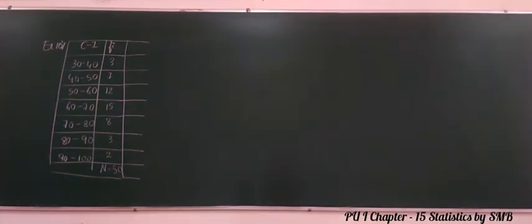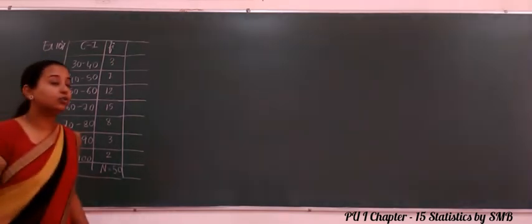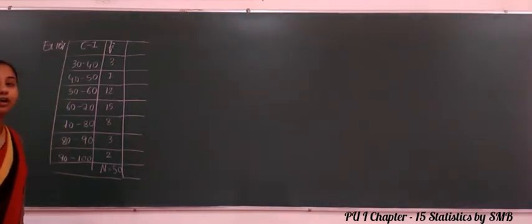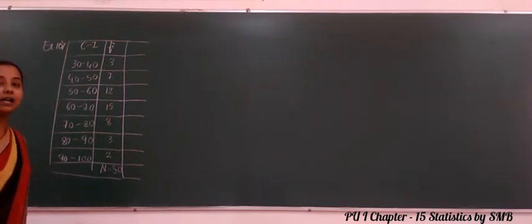Let us continue with our discussion. In our last session we discussed standard deviation and variance. We learned how to calculate the standard deviation for ungrouped data, and for grouped data we already studied discrete data. So today we will consider an example for continuous data and understand how to calculate the standard deviation and variance.